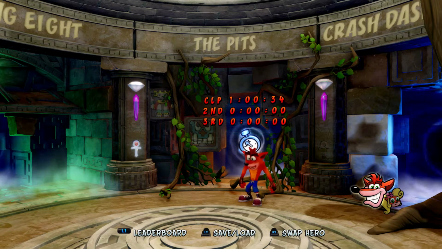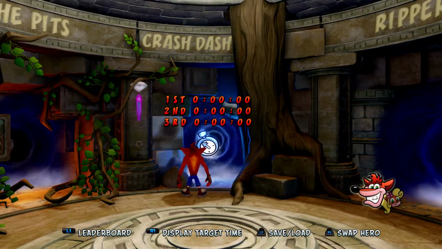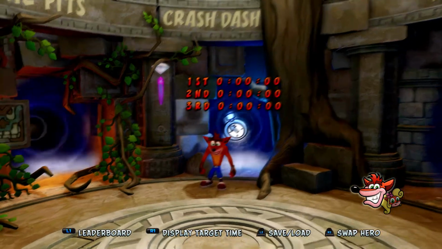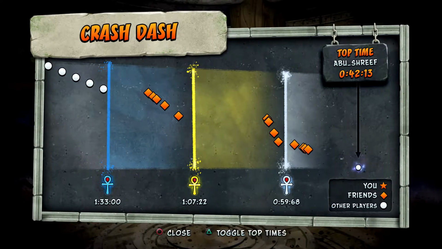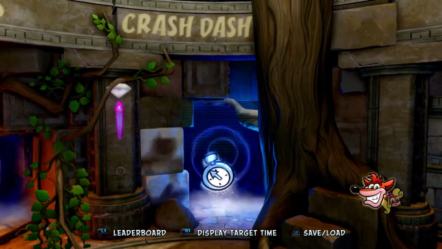But anyways, now moving on to level 5 Crash Dash. The target time for a Sapphire relic is 1 minute and 33 seconds. But of course we're going for platinum relics, so to recap, the target time for a Sapphire relic is 1 minute and 33 seconds. For a gold relic it's 1 minute 7 seconds and 22 milliseconds, and for a platinum relic it's 59 seconds and 68 milliseconds. So let's jump right into level 5 Crash Dash, and this will be the last level of